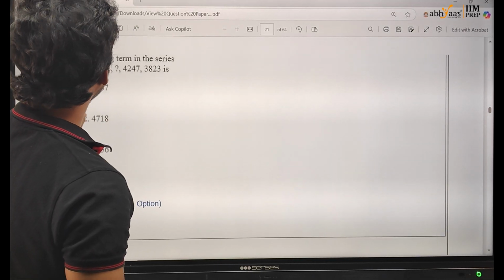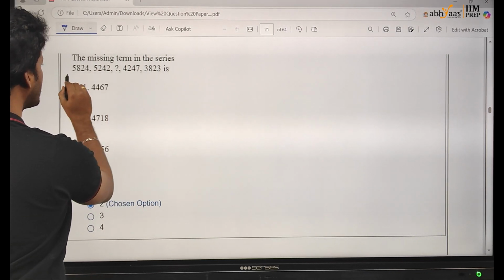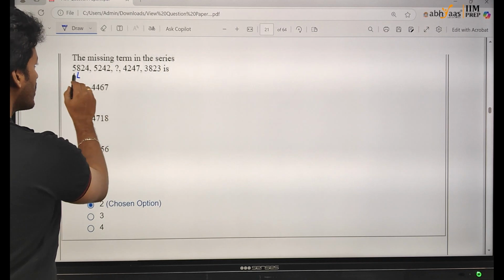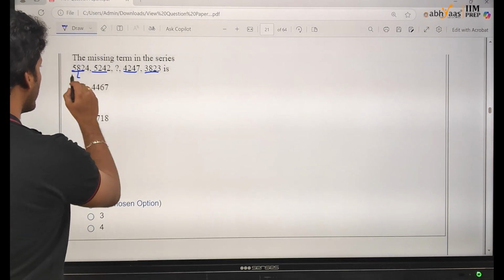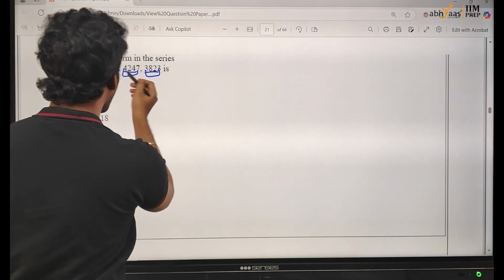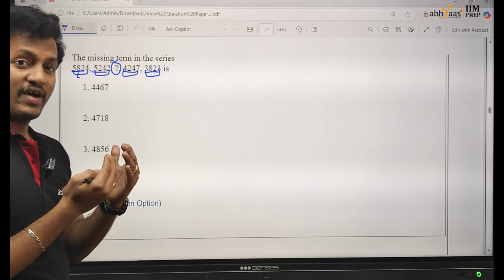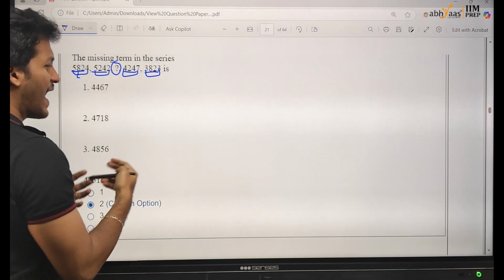Here they are asking the missing term in the series. So let's see the missing term. First, observe the trend. Is it increasing or decreasing? Yes, it's decreasing. Is it decreasing very fast? No, because we are having 4 digits here, 4 digits here, 4 digits here, and 4 digits here. Obviously, the missing term will also have 4 digits. So, whenever we have the same trend or it is decreasing very slowly, that means we should add or subtract